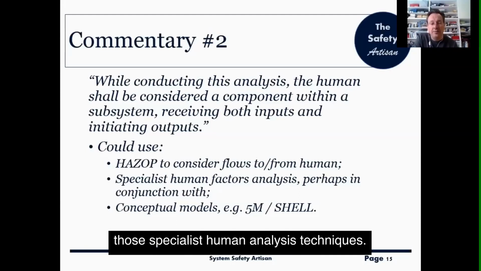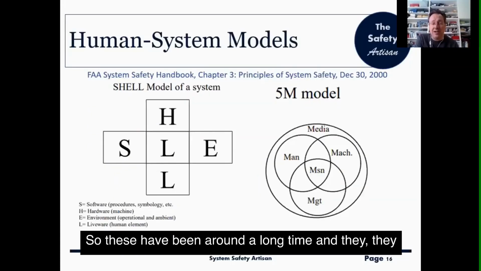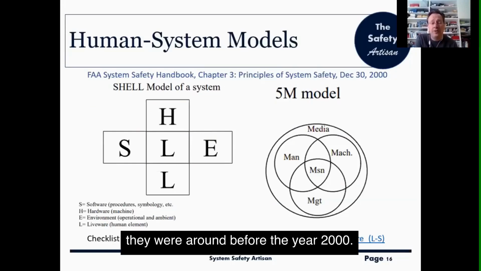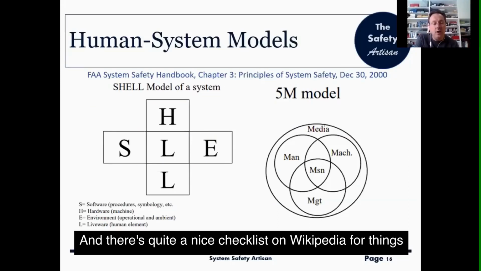We'll look at those specialist human analysis techniques. So these have been around a long time, and they were around before the year 2000. And there's quite a nice checklist on Wikipedia for things to consider